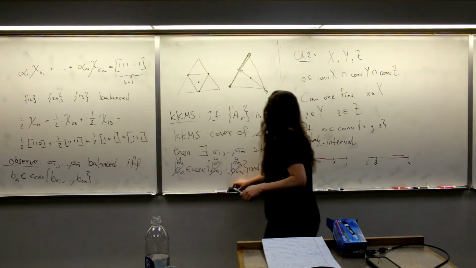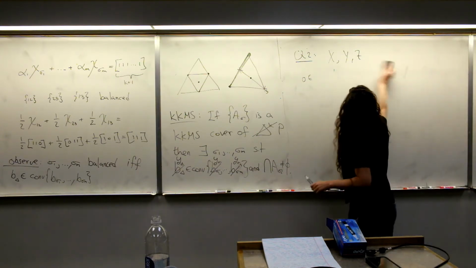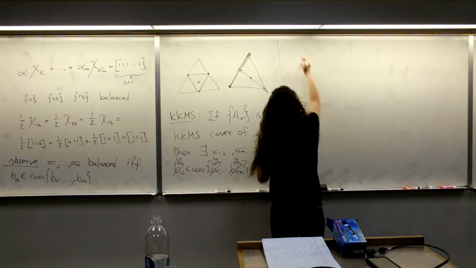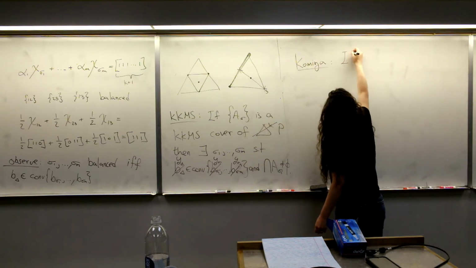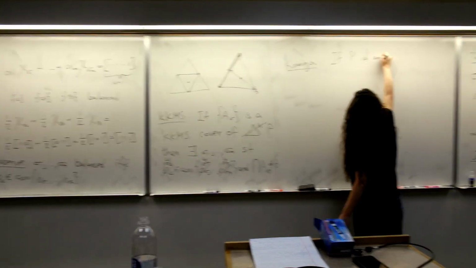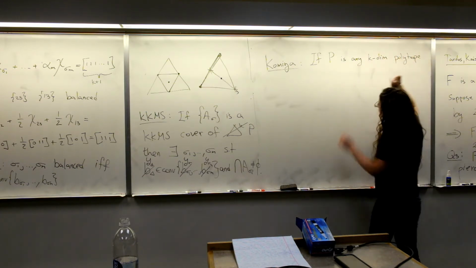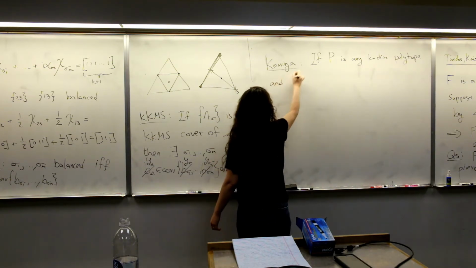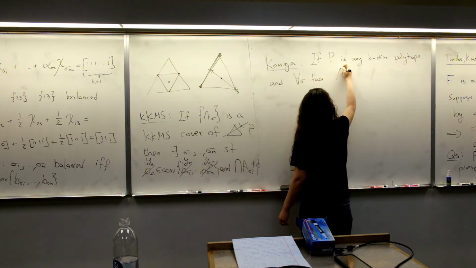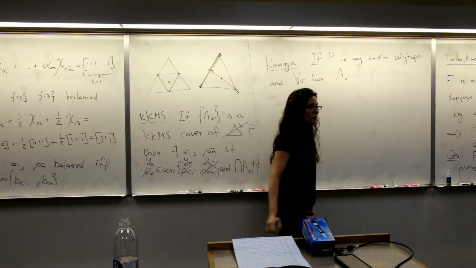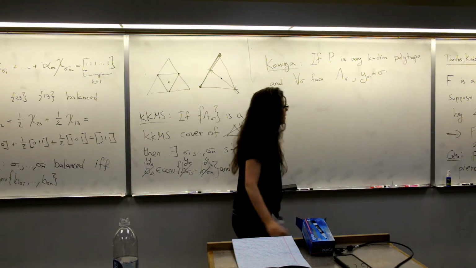So what Kamiyama tells us is that if P is any k-dimensional polytope, and for each face sigma of P, we are given a closed set A sigma and any point y sigma in sigma, then